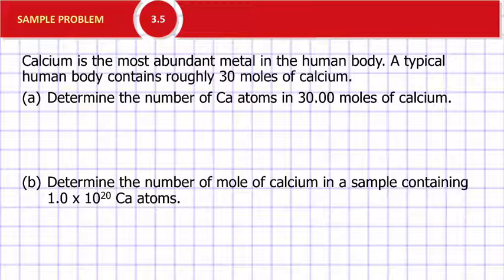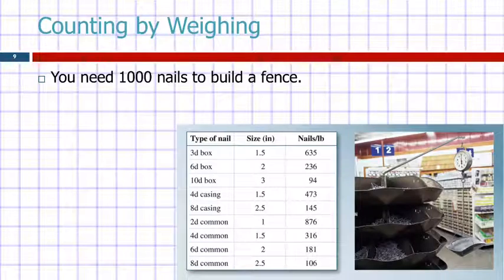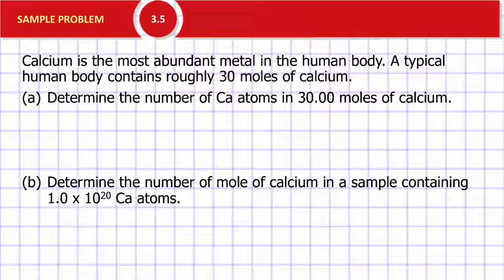So moles, number of atoms, these are units. This really is a unit analysis, a dimensional analysis problem. So let's write a path first. What are we asked to find? Calcium atoms. The number of calcium atoms, right? So I'm trying to find calcium atoms. And what is the unit